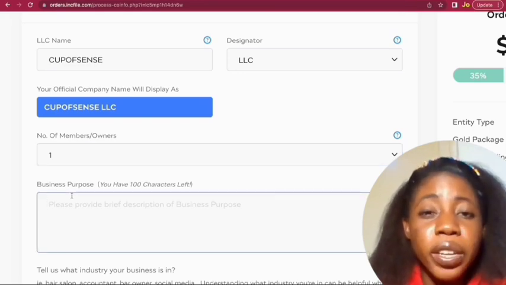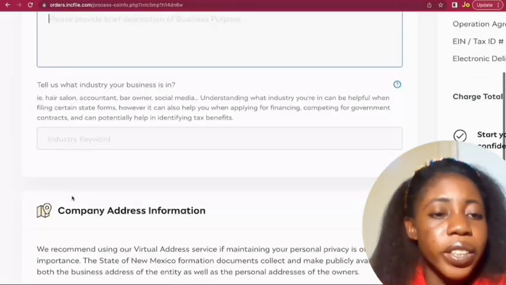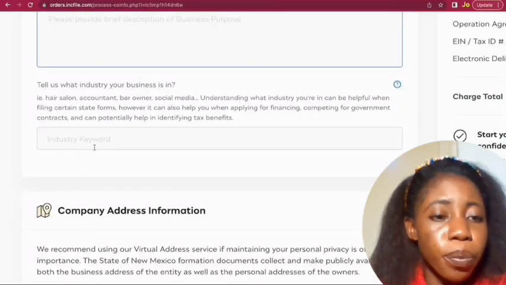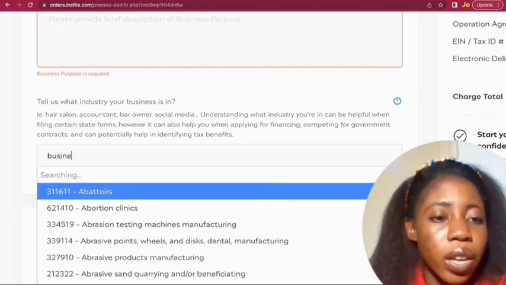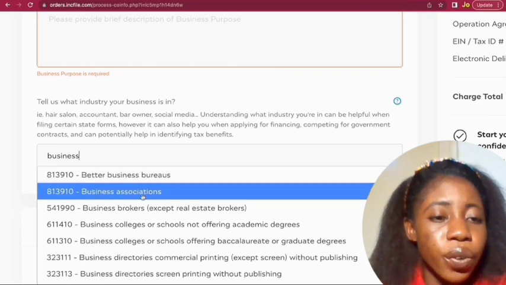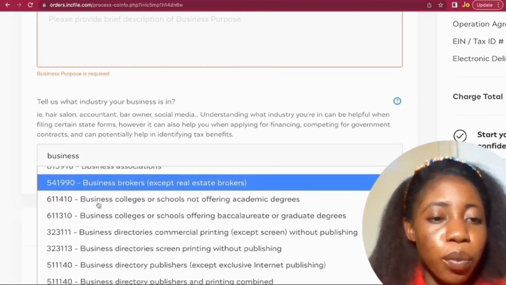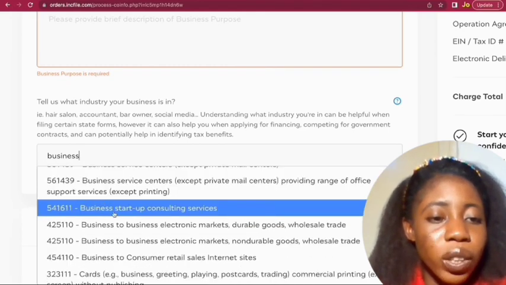You have to provide them a brief description for your business and what you'll be using it for, and then you have to select an industry keyword of what your business is related to. So to get started, you have to enter a keyword so that they can make some recommendations for you. So I'm just going to select business in my own case and search to get a related category. And when I search for business, I'm going to see business setup consultant services, and then